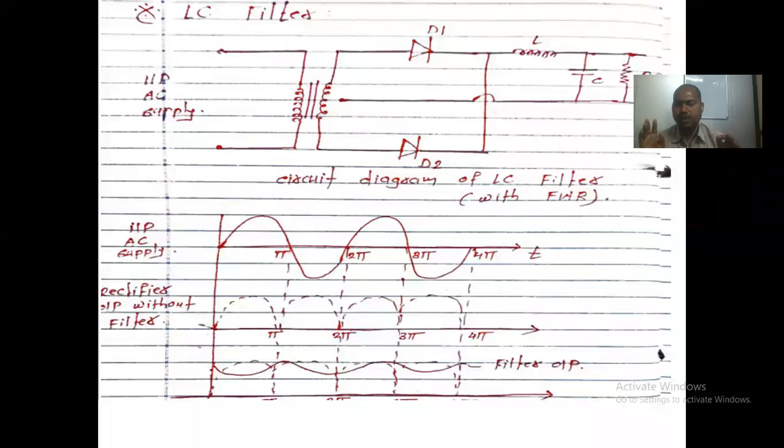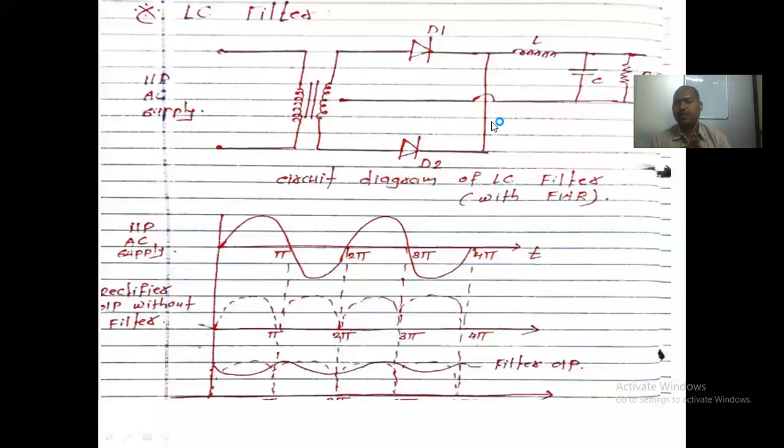Now we start another topic, the filter. Why do we need a filter, and why do we have to use the filter? We will discuss that. A filter is the device which filters out the ripple content. Now, what do we mean by ripple? Because this is the revision part, I am discussing some of the things which I have completed earlier.